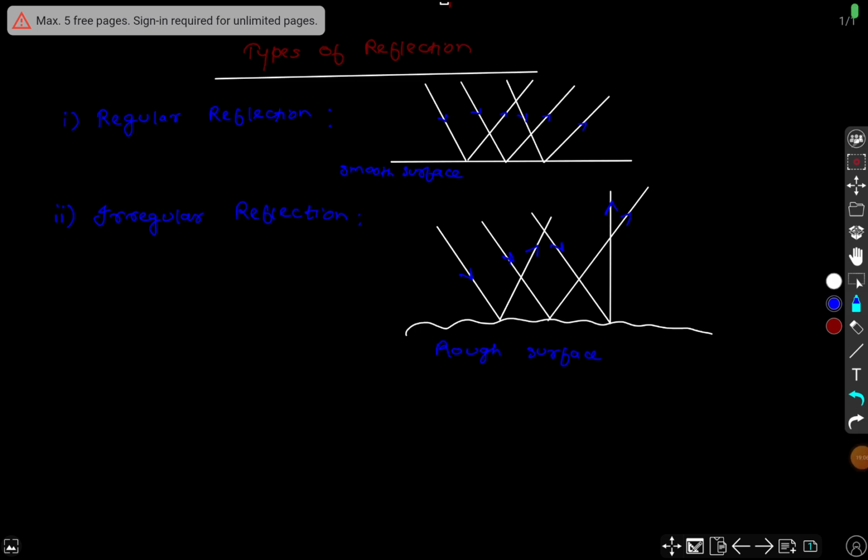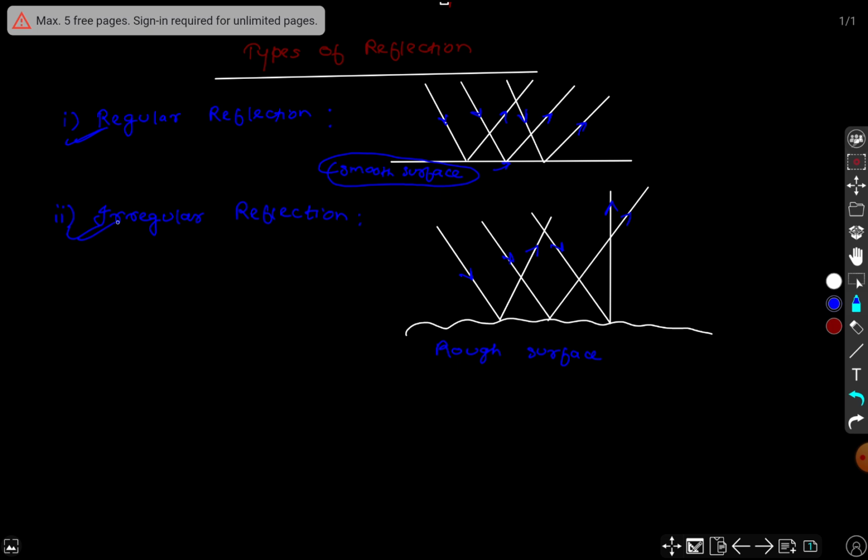Now, types of reflection. There are two types of reflection: regular reflection and irregular reflection. So what is regular reflection? The reflection in which the rays of light which are parallel to each other, after reflection, reflect back parallelly is called regular reflection. And for regular reflection to happen, the surface needs to be smooth,